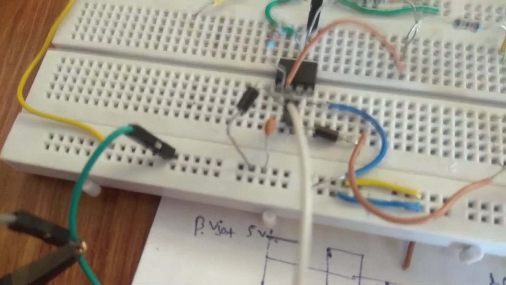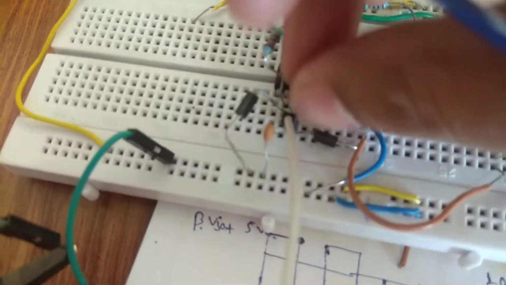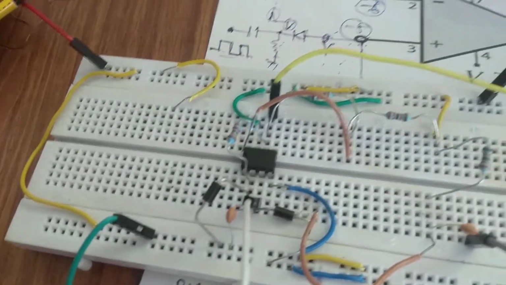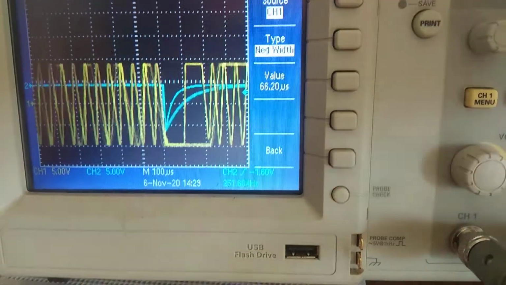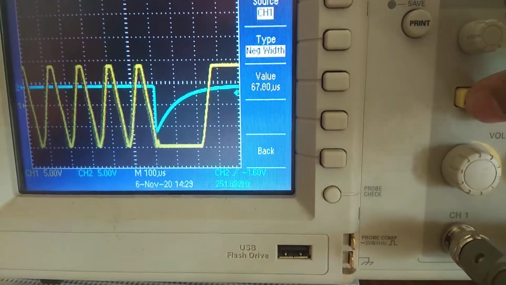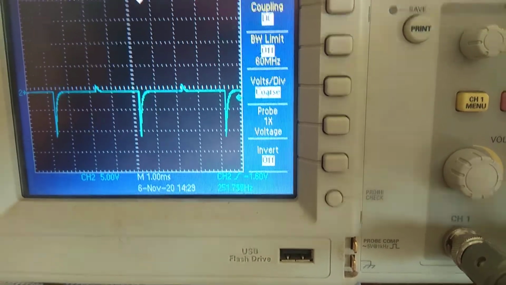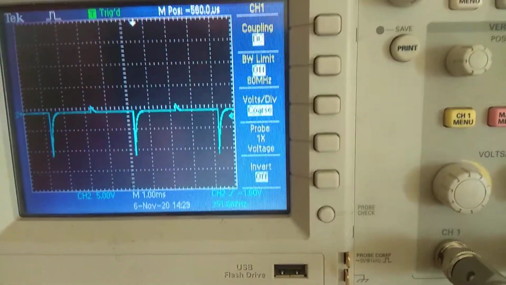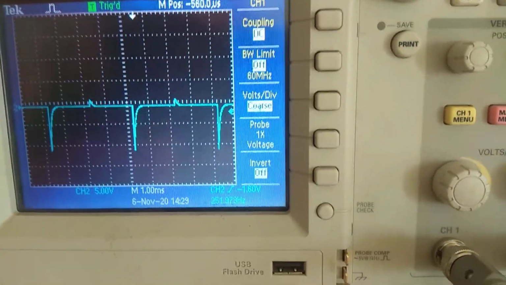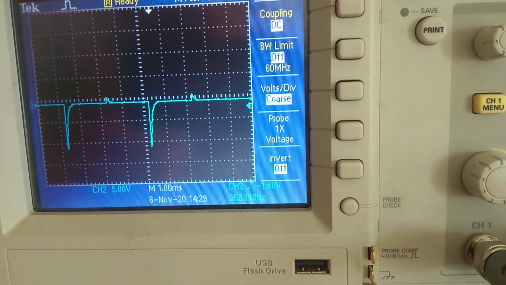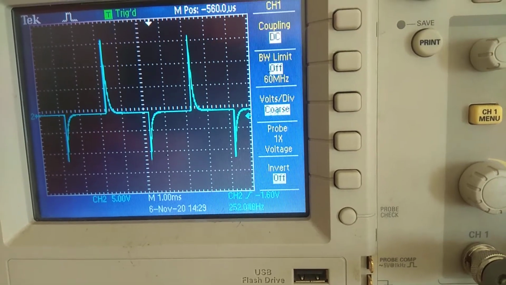Now we are going to check the output over here. Let me remove this wire. This is your positive feedback. Now we will be checking the output over here. Let me go to the DSO. If you want to check the output, let me remove my yellow one input. This is the output that we are getting after the diode. This is the negative pulse that we are going to apply at terminal 3. If you see before the diode, there will be differentiation of the curve.